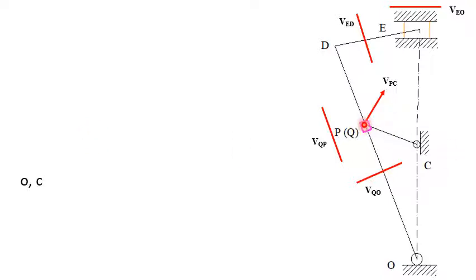Parallel to this, from point c, draw a line. Use the scale and draw a parallel line, and the length of this line should be 4.945 centimeter. This is nothing but VPC, that is velocity of P with respect to C. Therefore this other end point should be named as p. Okay, so the representation of the first velocity is over.